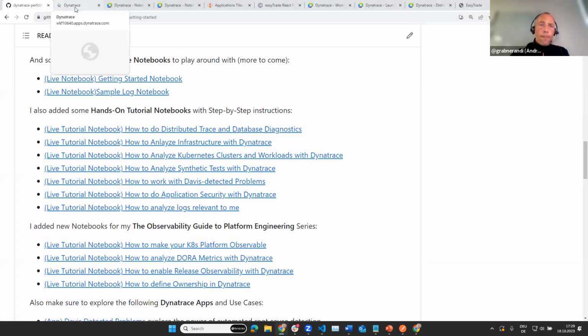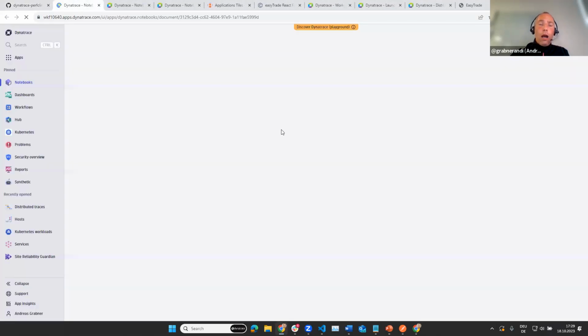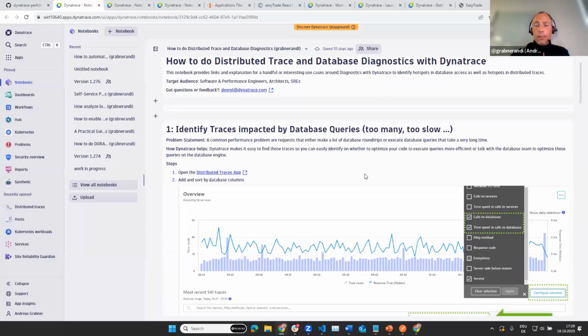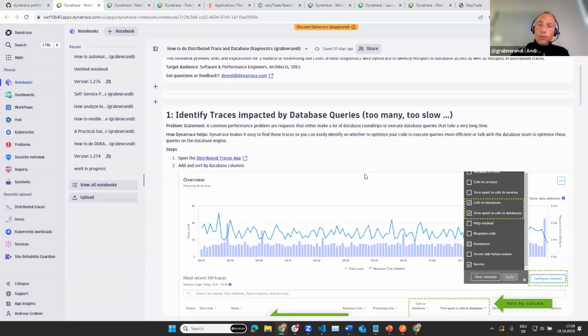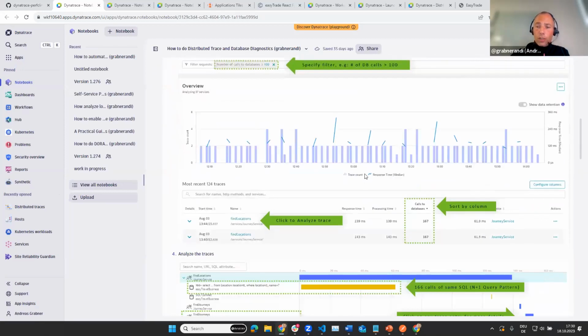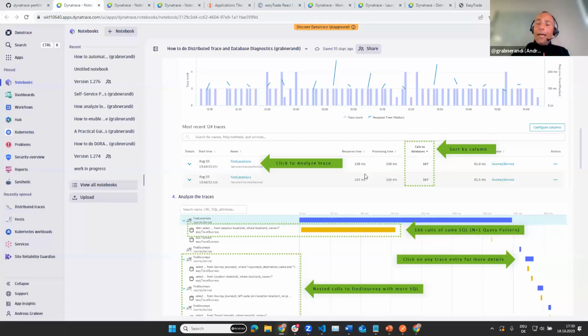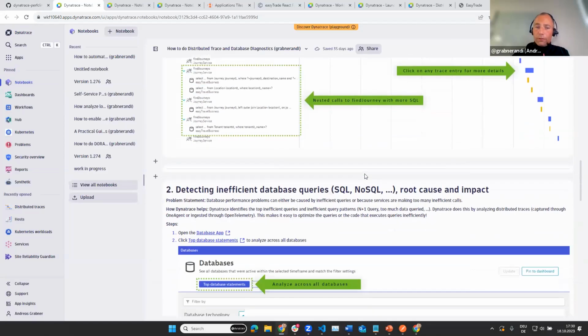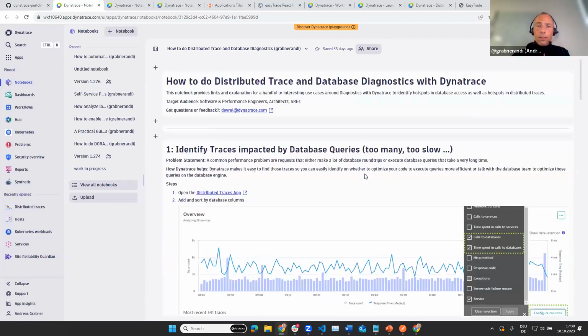Here, I really try to show you how with Dynatrace, you can detect things like what are the slowest requests, what are the ones that have the most database impact. I'm really walking through individual use cases here to analyze problematic traces and get to the root cause of it, right? So check out this particular